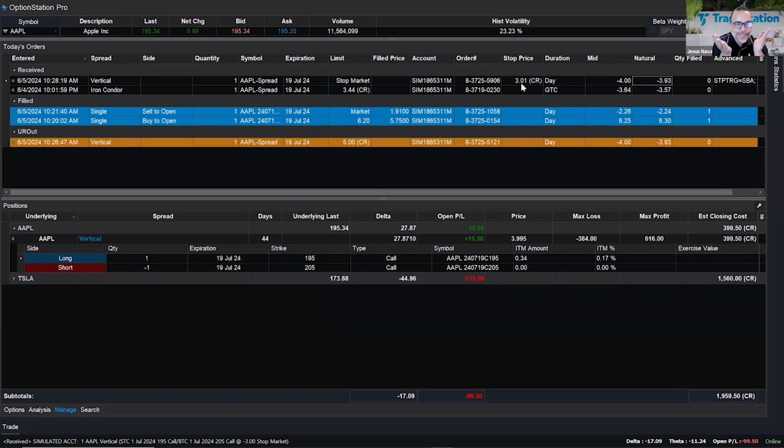Can you set both at the same time as an OCO? Unfortunately, no, not on a spread. So if you wanted to do two scenarios, like have the profit target and the stop loss on this vertical, something we cannot do. But I'll show you a trick because all the options pricings, of course, are going to be based on the price of the underlying. So I can theoretically do a sort of OCO, but instead of basing it on the price of the options,